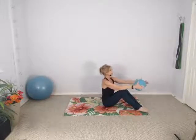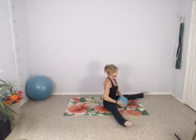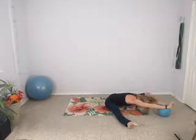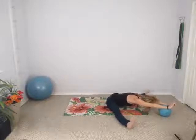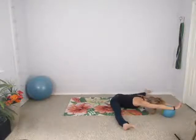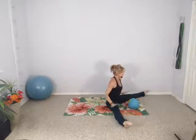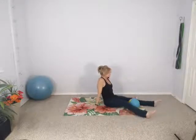Good job. Inhale. And then exhale, straddle the legs and just roll the ball out to come into a wonderful straddle stretch. Arms on top. Okay, roll that ball back in, shake your legs out, and then we're going to go into another set of